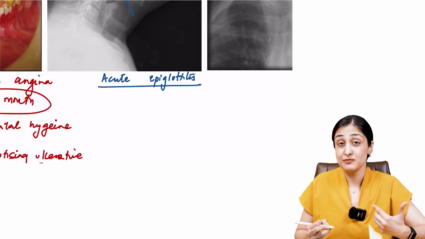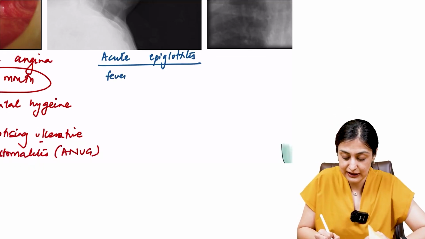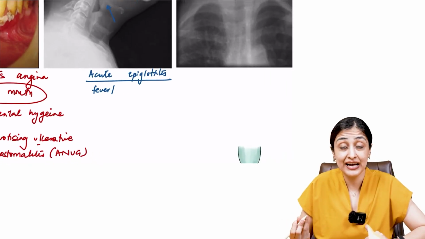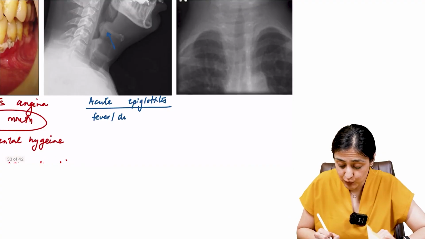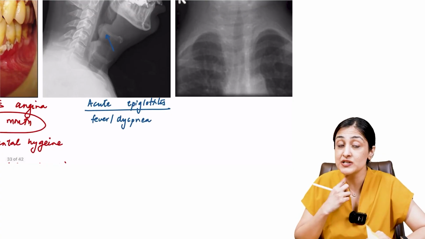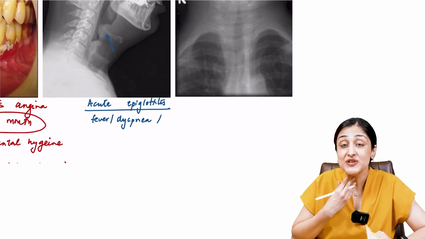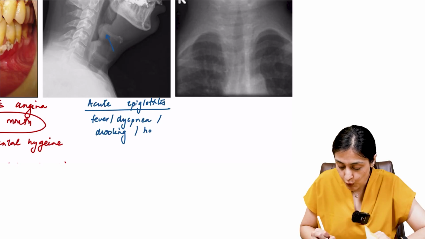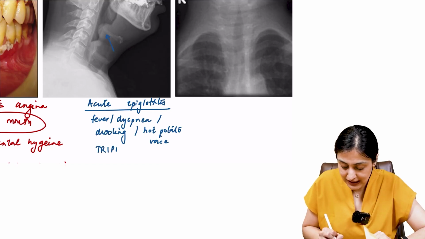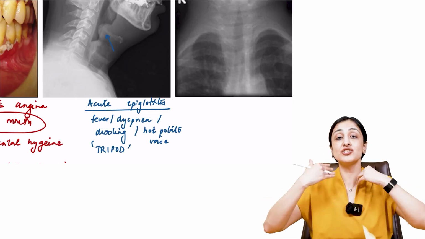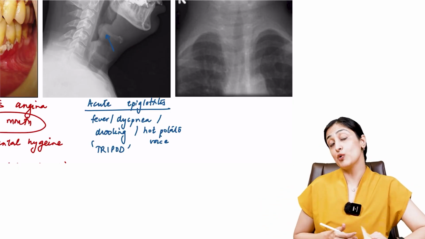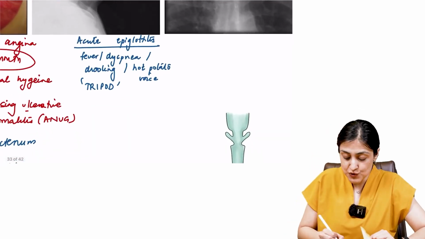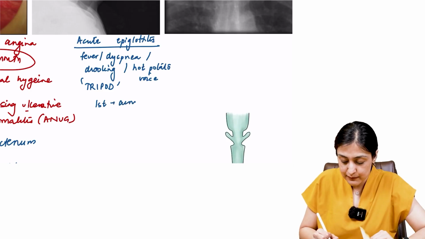Why? Because the child here is going to be very sick. The child is going to have fever, may run a very high fever with sepsis-like symptoms and won't be able to breathe. Dyspnea is there because the airway is blocked, and can't swallow because the airway and the esophagus are blocked. So there's drooling of saliva. They will give you this hot potato voice, can't speak properly. And what is very important, they might give you the tripod position. Child is sitting facing forward so that the breathing becomes better. So that's the tripod position. What do you do here? So my first priority is airway protection, right? So I need to protect the airway. If that means